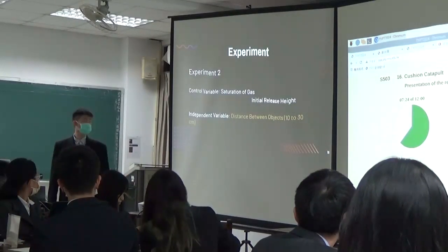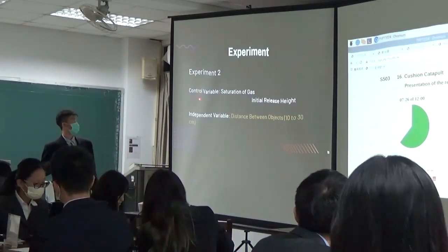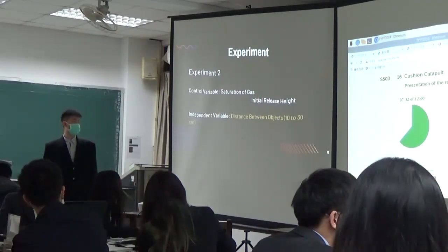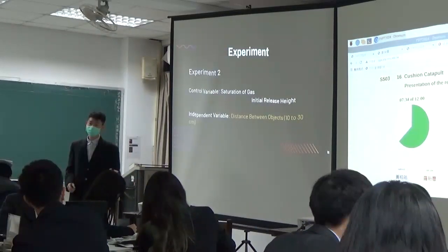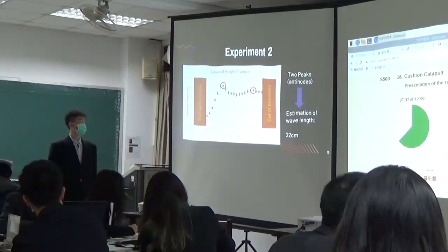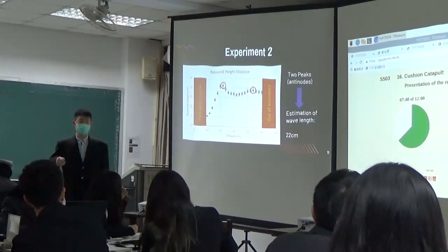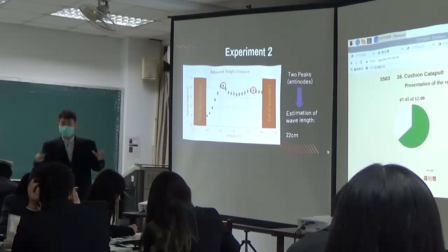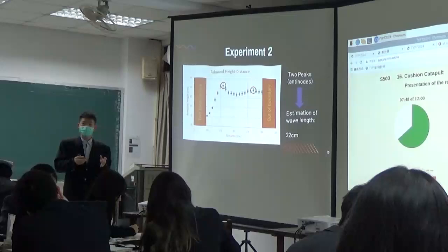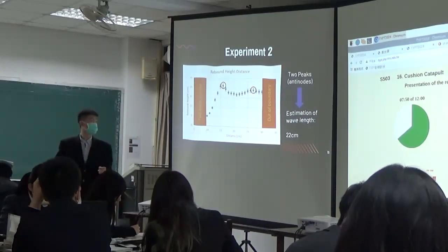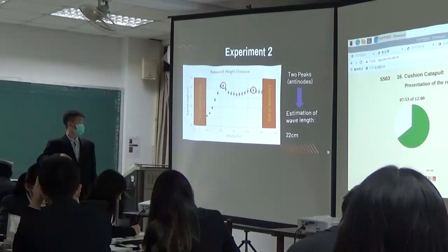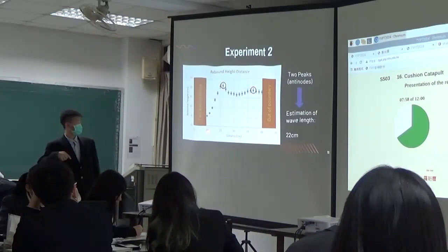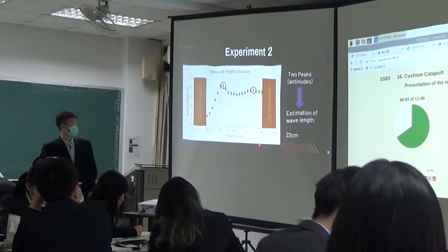And this is our experiment 2. Our control variables are saturation of gas and initial release height. And our independent variable is distance between objects, from 10 centimeters to 30 centimeters. We draw lines on the cushion so that we can calculate the distance between the marble and the baseball. So when we place them on either side of the cushion, we start from 10 centimeters to 30, and we can see that